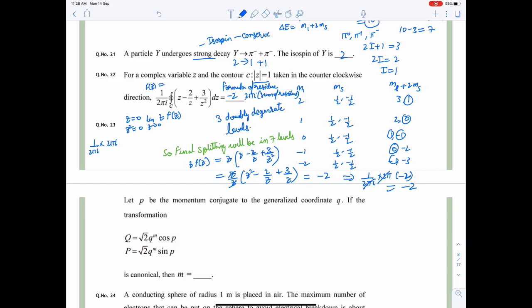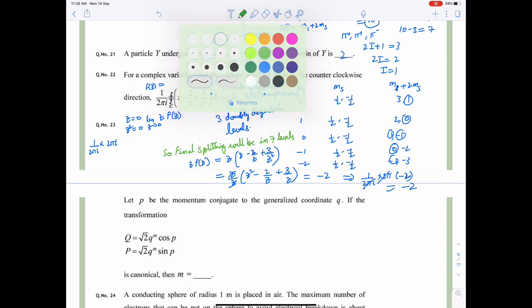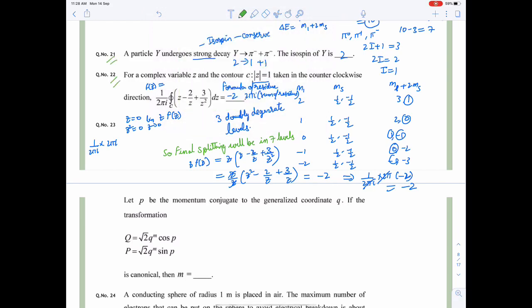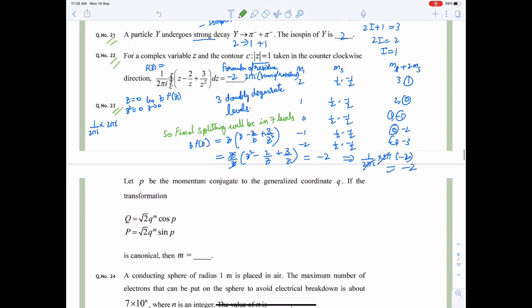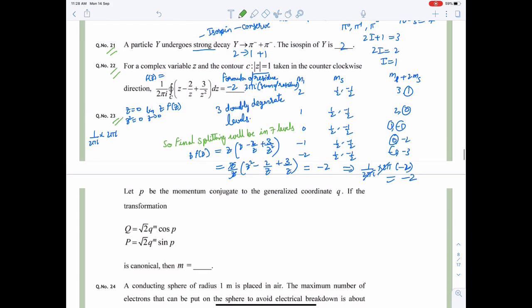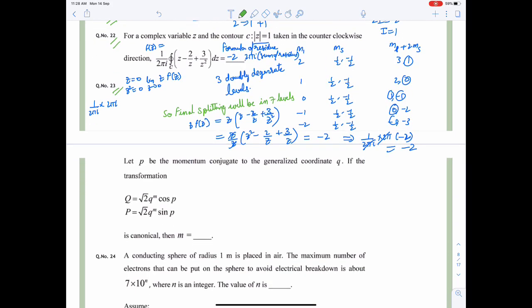Okay, so now what we have to do, we can now go to the next question. I can mark the questions I have done. We have done 21, 22, 23 also. 23 I am doing, 22 is being done. Okay, so now